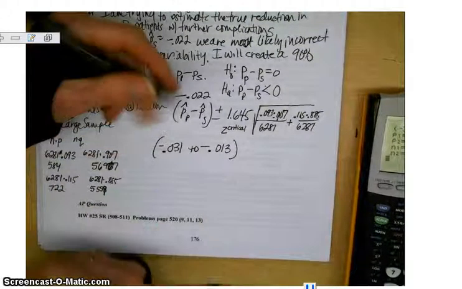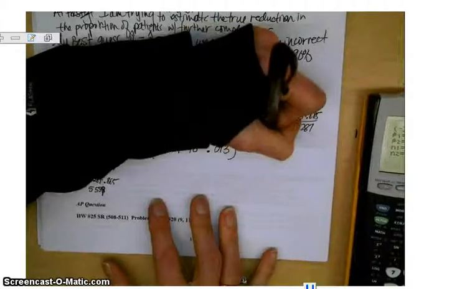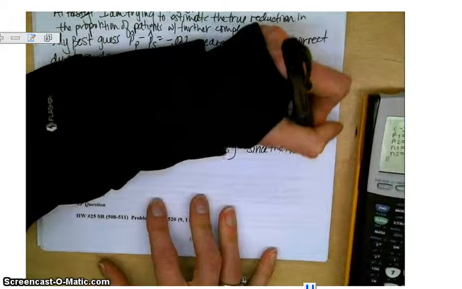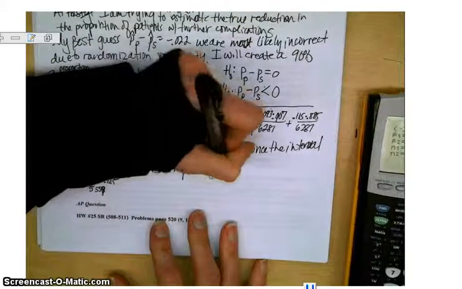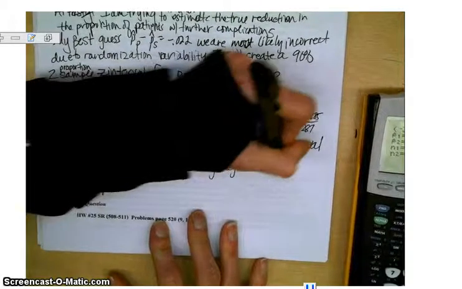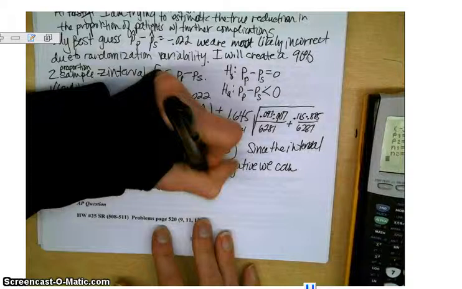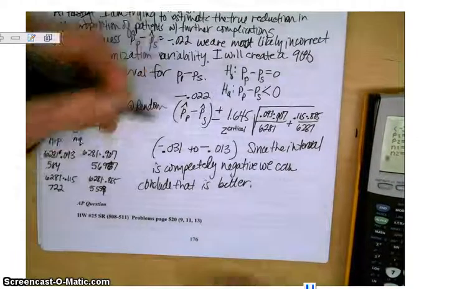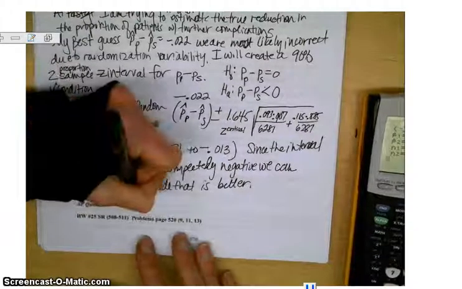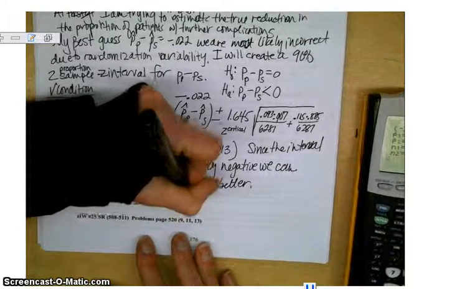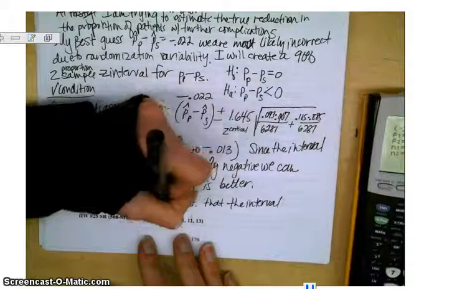Okay, very good. So what can we conclude? Is Plavix better? Yes. Why? Because the interval's completely negative. Since the interval is completely negative, we can conclude that Plavix is better. That's basically the conclusion. We should also make some type of statement like our step 4 statement. I am 90% confident that the interval from